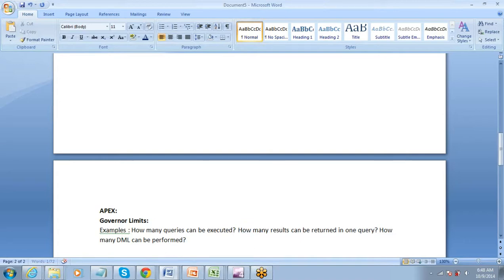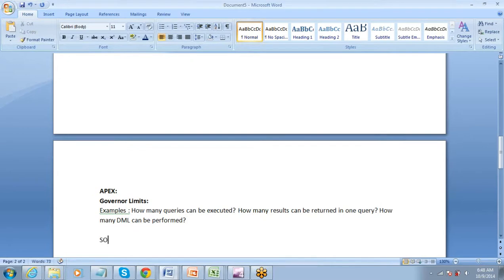For example, you run a query. Just use a simple example. You say select name from account where country equals US.